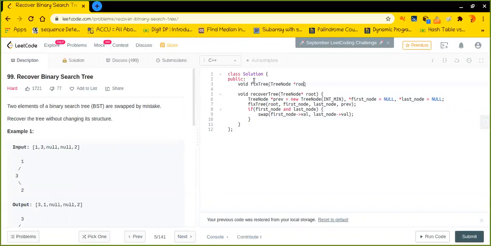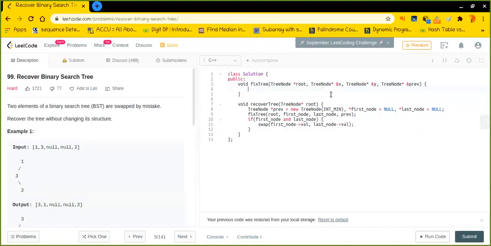So this is the root, and we will store the reference of the nodes which we have passed, like first node and last node. Now let's call it x, and let's call it y, and the previous one, let's call it prev.